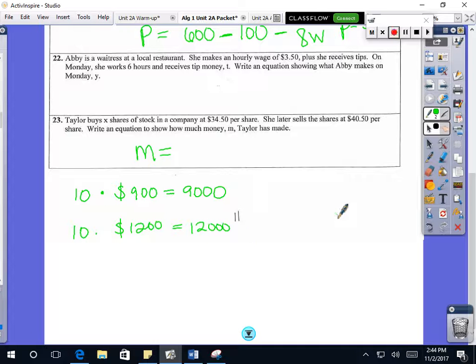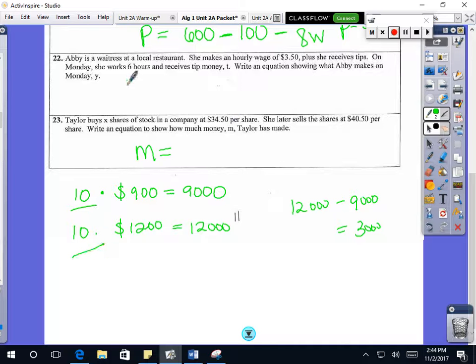$12,000. How do you figure out how much money he actually made on the phones? You subtract 12,000 minus 9,000, right? And he makes 3,000. Okay. But our scenario is a little different because with the iPhones, we knew that he was buying 10 and